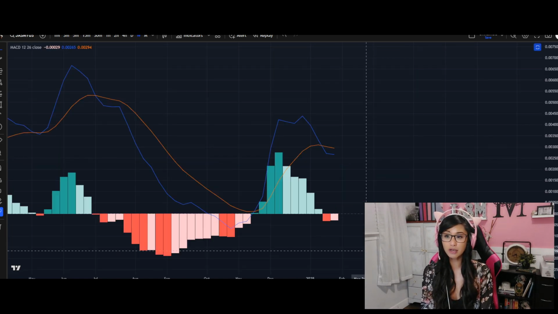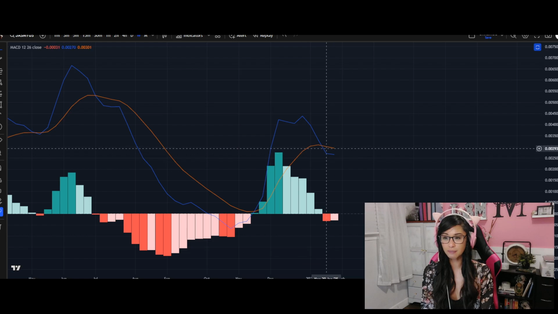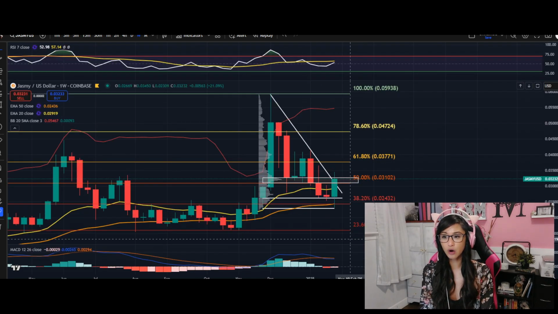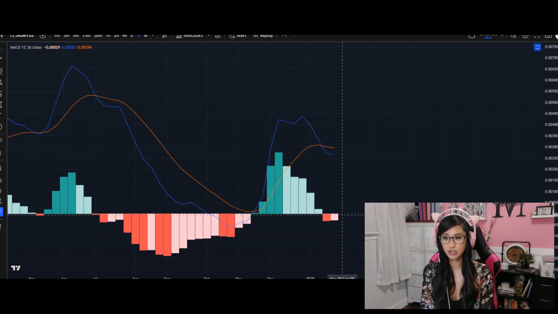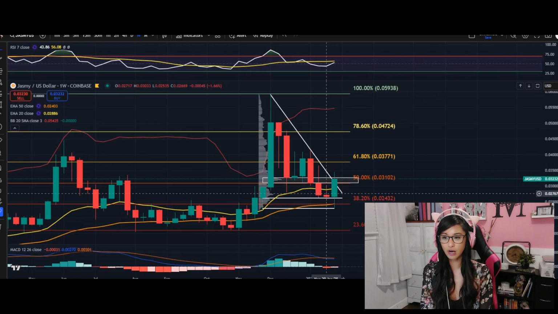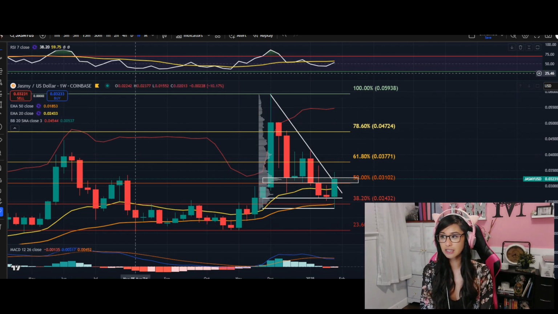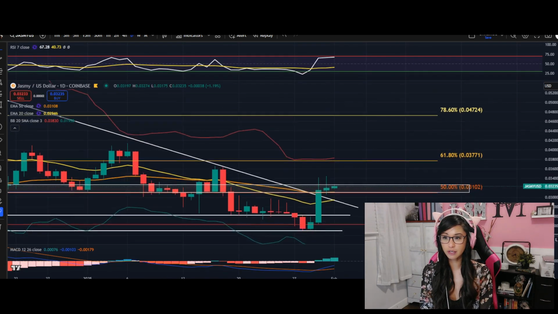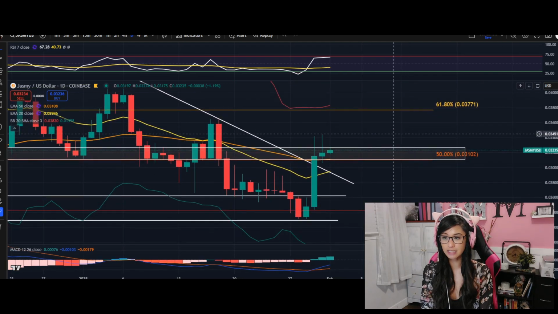Now the momentum is possibly shifting here. So if we see our blue line cross above our orange line, it's going to give us that momentum in a buyer's sentiment. So we're hoping the momentum does continue to slow down in terms of the sellers, and we do see that crossover happen with our MACD indicator coming up to that 4 cents. Now we are seeing a lot of bullish buyers coming into play. Just be very cautious if you are looking into Jasmy itself, especially at this peak, because a lot of long positions here may have cashed out because we're seeing these high wick candlesticks.